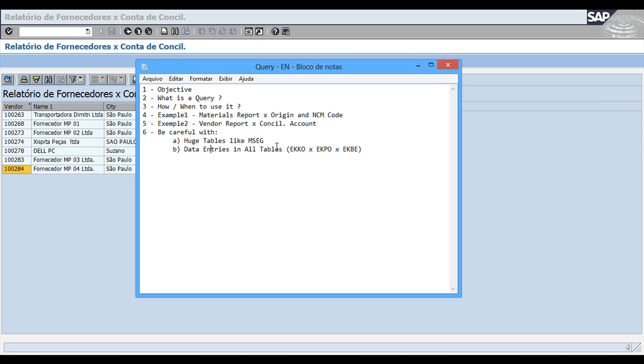And be careful with data entries in all tables. For example, be careful with purchasing reports. Let's say I have two purchase orders. One purchase order has history, which means you performed MIGO or MIRO. And the other one is just a purchase order without history. There is no MIGO and no MIRO. When you run a query for this report, the system will bring only the purchase order that has entries in these three tables. The purchase order that doesn't have any history entry,